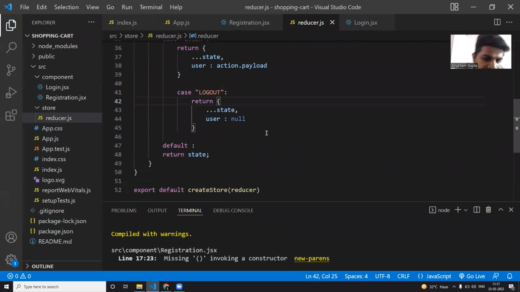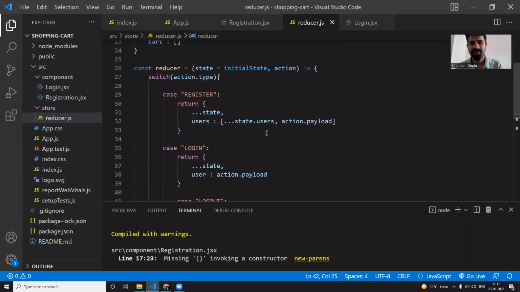Yes, sir. So this is how we can work with Redux. I guess you can practice this and work on it. So thank you. Let me stop the